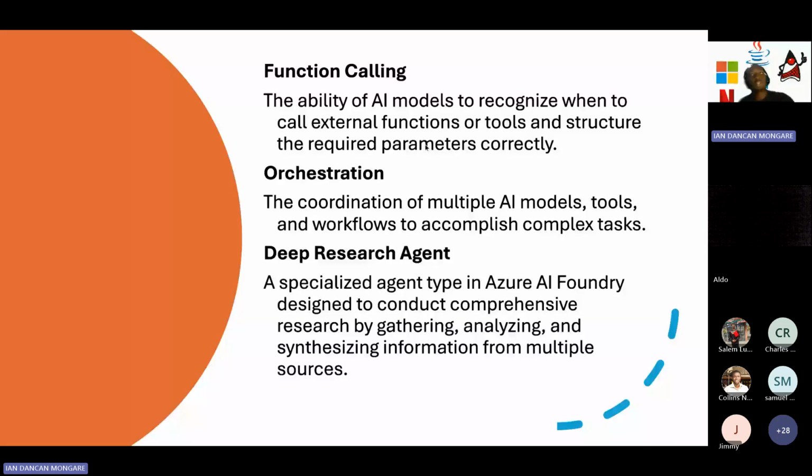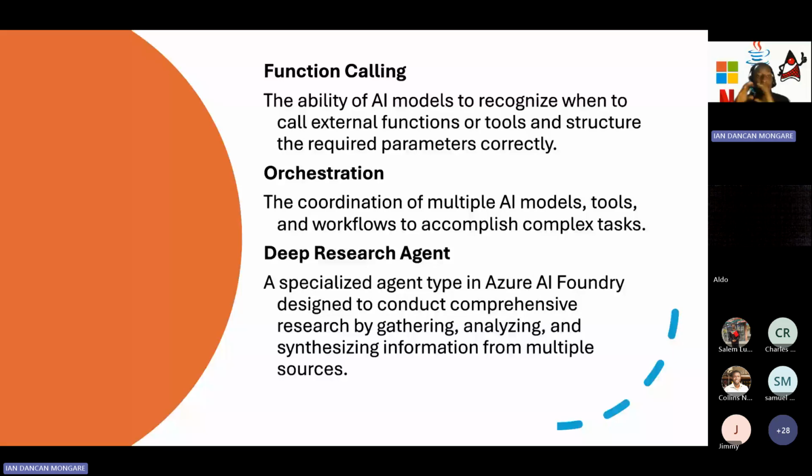Orchestration is the coordination of multiple AI models. There is what we call multimodality, which is a different concept. I'll talk about it, but this is ideally how multiple AI models coordinate tools and workflows to accomplish tasks. You could have various models within your application. There is one model that is responsible for generating an image, and after generating that image, there is a model that would, say you want to have a LinkedIn post done for you,